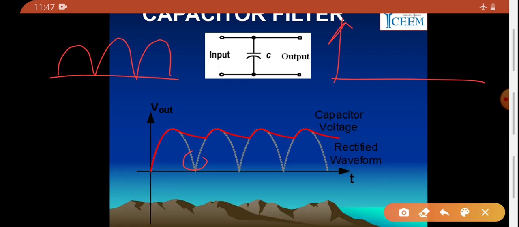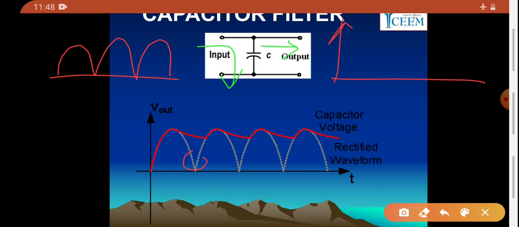charging of capacitor. You know the basic property of capacitor, whenever voltage is applied, it will charge to its peak value, and that highest value will be stored in that capacitor, charging of the capacitor. And if input voltage reduces, again there will be discharging of capacitor. Also another property, it allows AC and blocks DC. So whatever AC components are present in this pulsating DC, that will be given to the ground, and the required DC is available at the output.